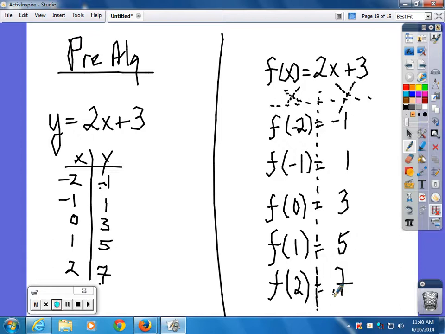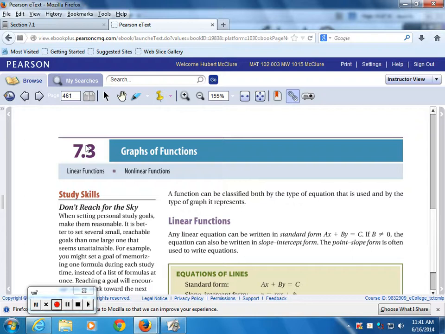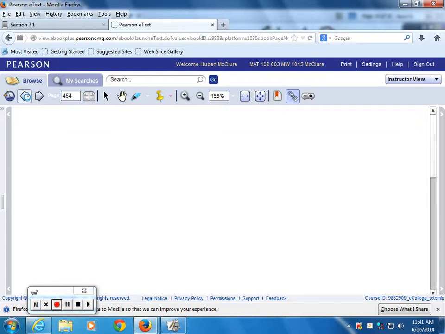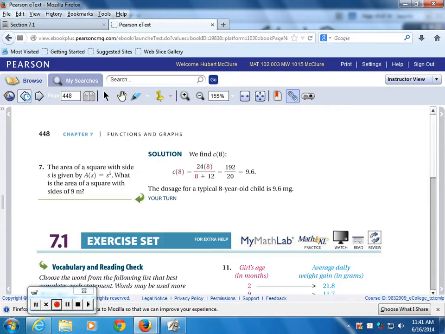But in this section, you're introduced to domain and range. There it is. We are in chapter 7 now. I'm sorry, pre-algebra. Now we're in chapter 7. Now, if you go to your handy-dandy textbook, y'all look in your handy-dandy textbook, and you'll see